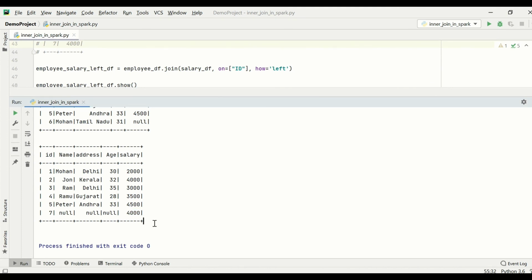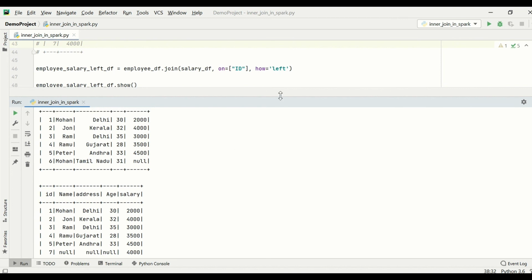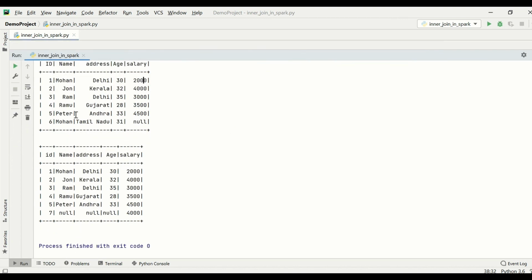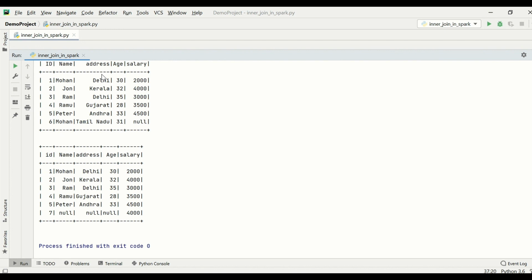If you compare the difference between the left and right, it is easy to understand. In the right join, all the matching values from left and right are shown, and all the rows from the right will be visible. In the left join, all the rows from the left will be visible, but only the matching ones from the right table or right data frame.